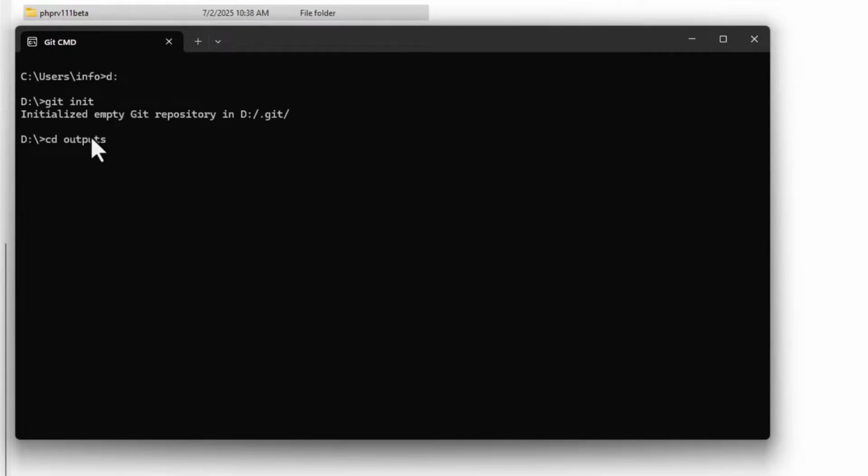I must do a backslash, excuse me, backslash git, and then just press enter. There we go. And I think we must cd into that folder I just created. So let's do another cd here, PHPR V11.1 beta. There we go. Now I'm in the right directory where I'm going to store this.